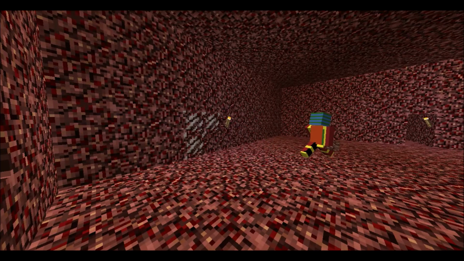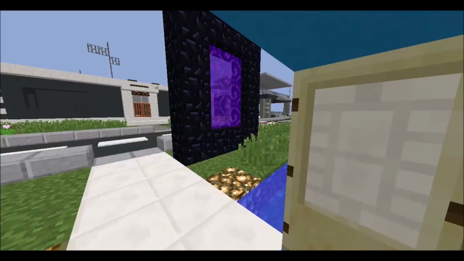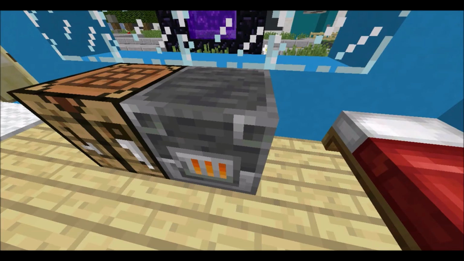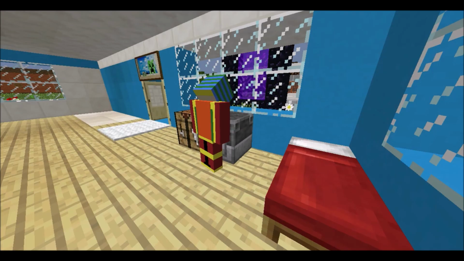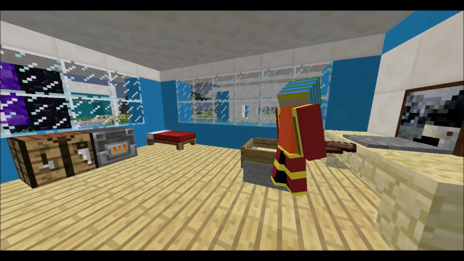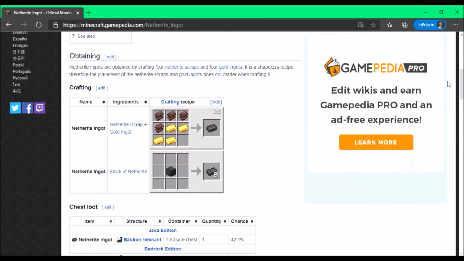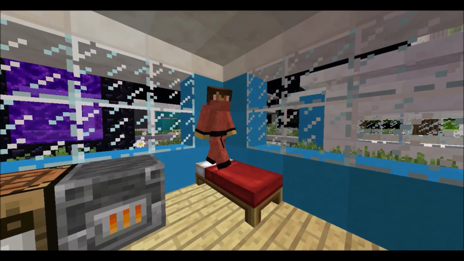Finally, wait, netherite scrap? I need 3 more for 1 ingot? Yup,